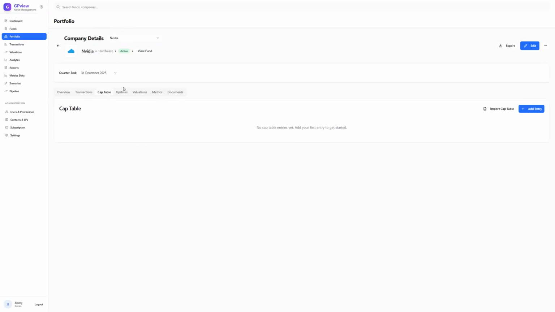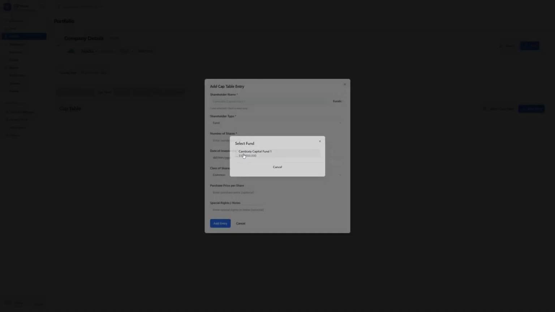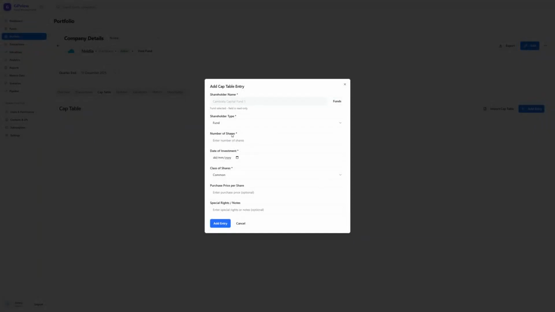So in terms of adding a cap table, again, we can import from Excel. We can manually add an entry. So first of all, we can type the shareholder's name, and you'll notice we've got a funds button over here. This is if the shareholder you're typing is the fund you're adding. So you can see by clicking over there, I can choose from our funds that we've set up. So I'll go fund one. And that just means that we know how much the fund owns in this company. So we can do calculations based off whatever number this is. Whereas if you just typed in a name, we wouldn't really know if it's a fund or a similar named entity. So in this case, I'm adding the fund,